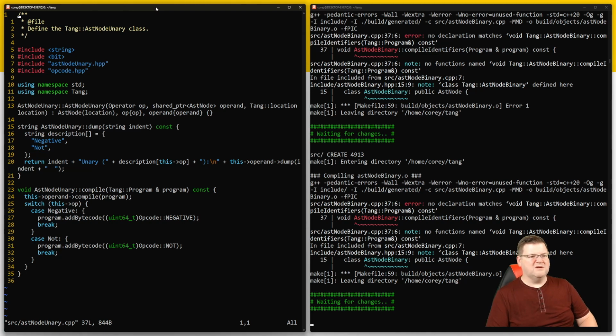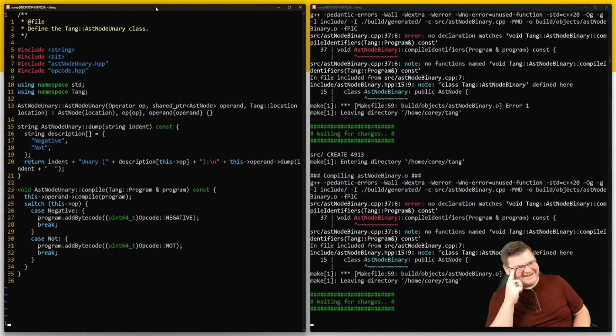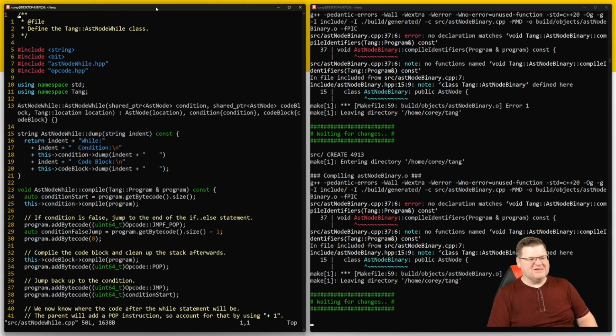What do I need to do here? The unary while. Oh. This should have one, and it doesn't. We need to add that. That's a bug! We'll do that in just a moment. The while, definitely need to